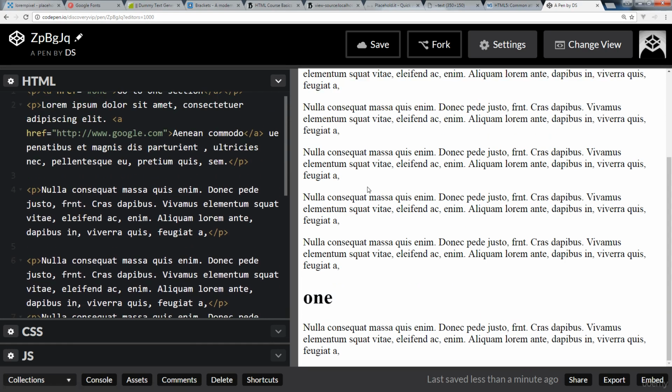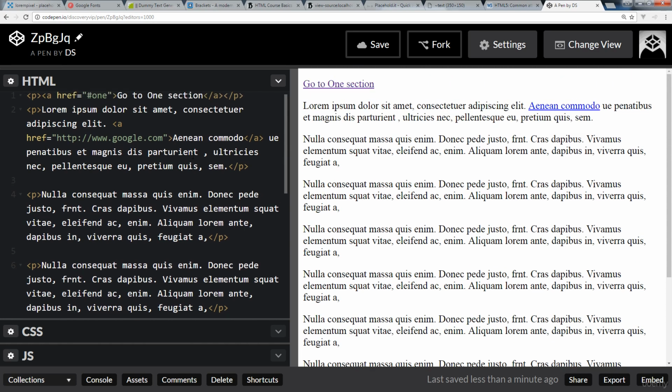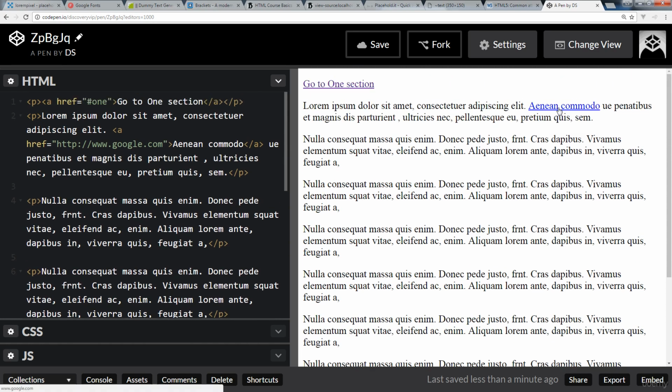But we see that this gives us the ability to actually anchor different sections of our website. Very useful part of hyperlinking. So as I mentioned, I've got this link going out to Google, and if I do click it, it's going to bring me over to Google. But the one problem here is that it's going to try to link out to another web page, or it's going to try to link out and bring my entire browser screen to that web page, to that